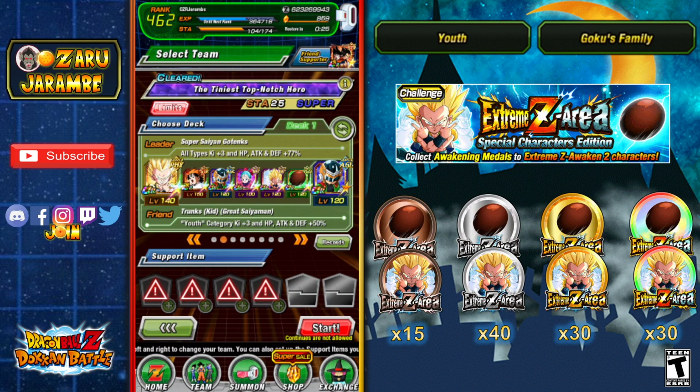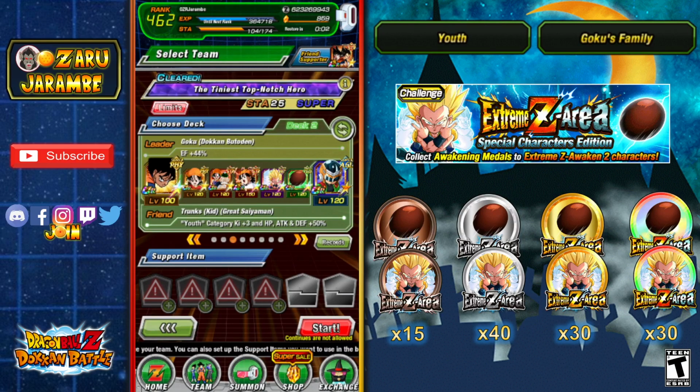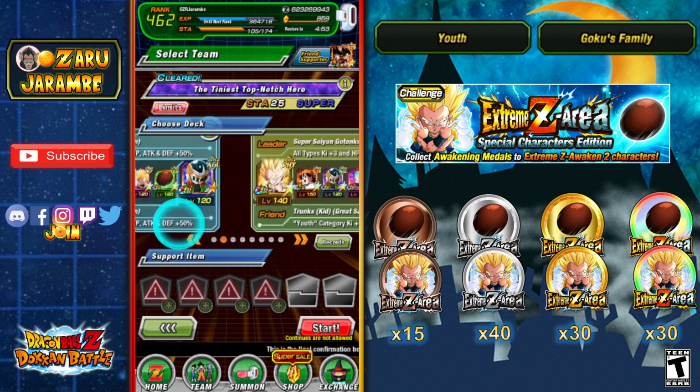The only other team, if you don't have the units to build the 2 teams I've just talked about, the only other one that I think might be viable to maybe take on the Z hard difficulty, I don't think it's able to take on the super difficulty, is like a Goku's family team, because you've got 4 Goku's family units you can bring in, but it doesn't work with the 2 required units you have to bring in. So I don't know, I was just kind of digging in the weeds, and this is something that you might be able to beat on Z hard difficulty, but yeah, you're mostly going to want to stick with youth